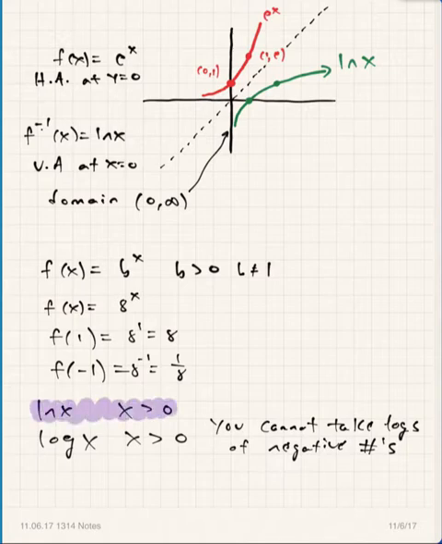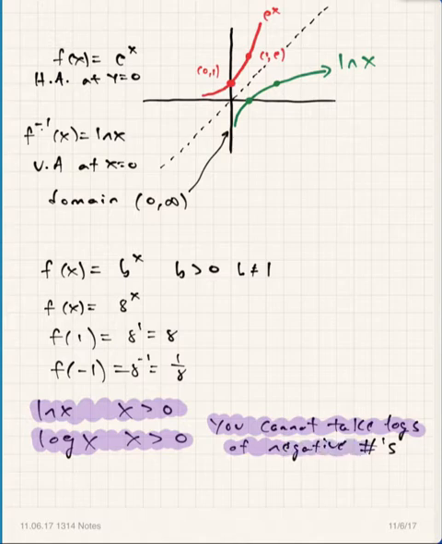Now, I wrote this for the natural log and for the common log right here, but again, this is true no matter what base logarithm you've got. It's just that these are the most common ones to encounter. And that certainly fits in with the graph that we sketched at the top there for ln x, right? That ln x never went on the negative side of the y-axis. You're always taking the logs of positive numbers only. All right.